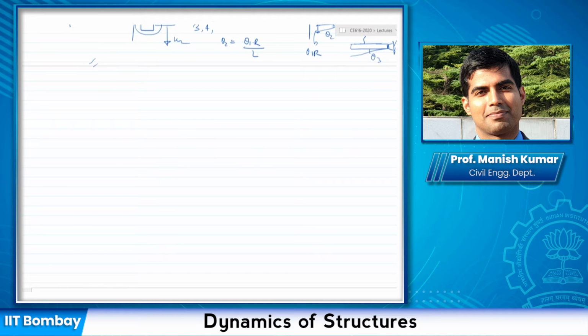How about, let me take another example. How about I have a simply supported beam here. Okay. So I have a simply supported beam here. How many degrees of freedom this simply supported beam would have? Now this beam is deformable. Remember, let me write it here. EI as the modulus of rigidity of this beam. Okay. How many degrees of freedom this continuous beam would have?